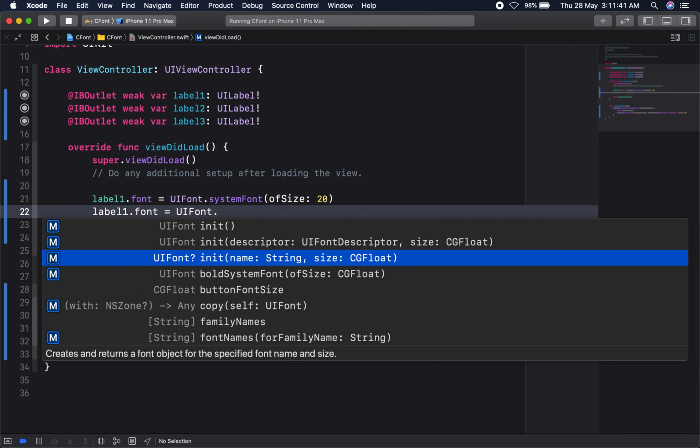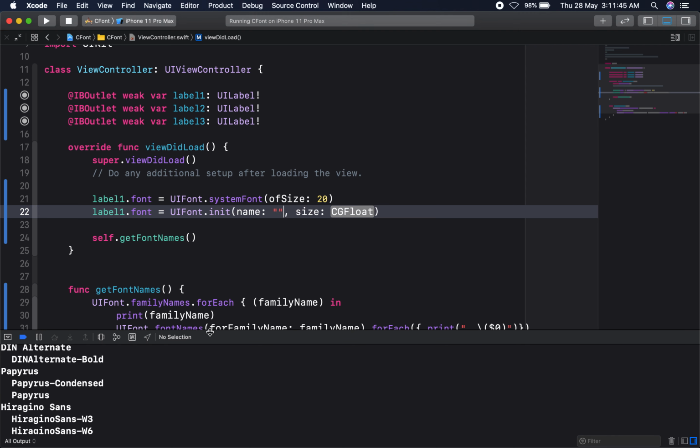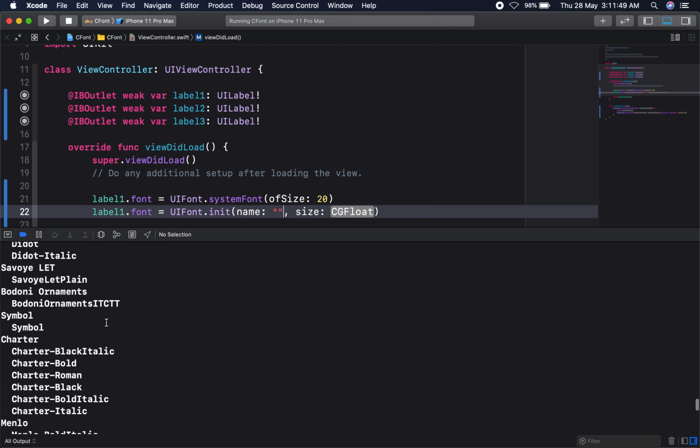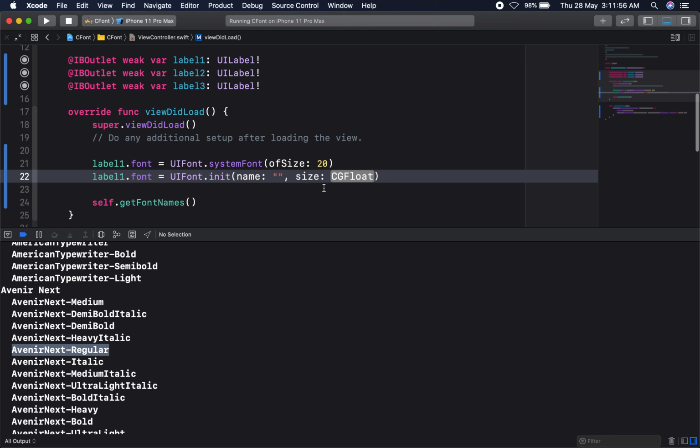So here I use a font name like this, then I get any font name like this, and I set the font size as 21.